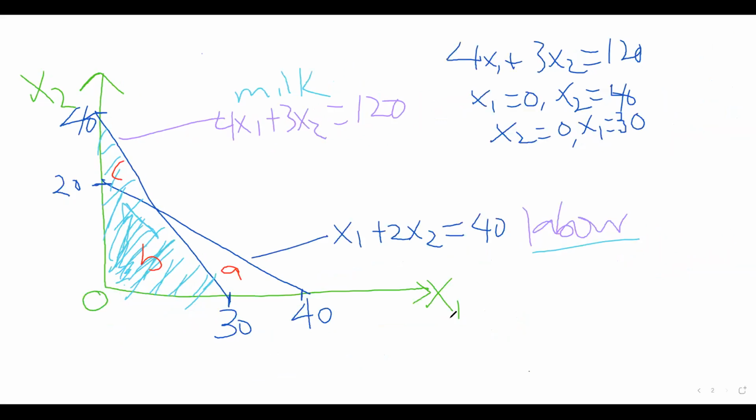Okay. A, B, and C. Now guys, if you look at A, B, and C, which area is common to both the labor constraint area and the milk constraint area? Who can tell us? Which area is common? Ebenezer? Area B. Exactly. So now that we know what area is common, that area is said to be